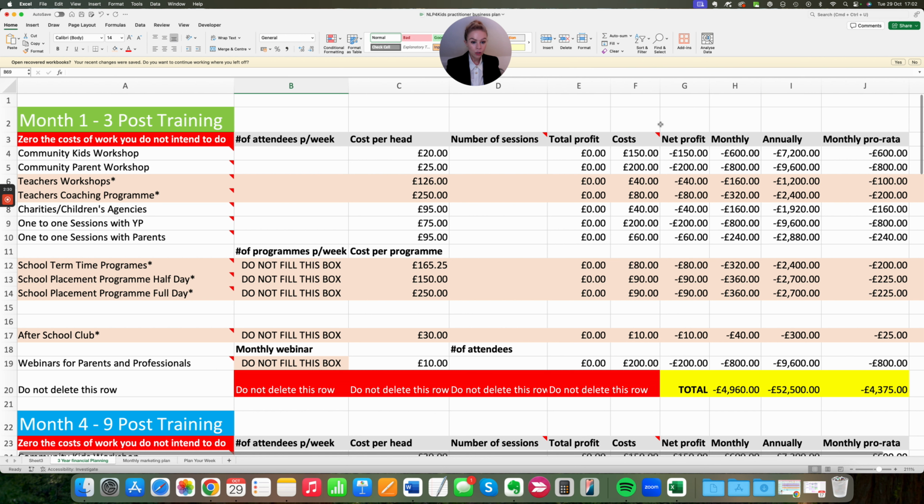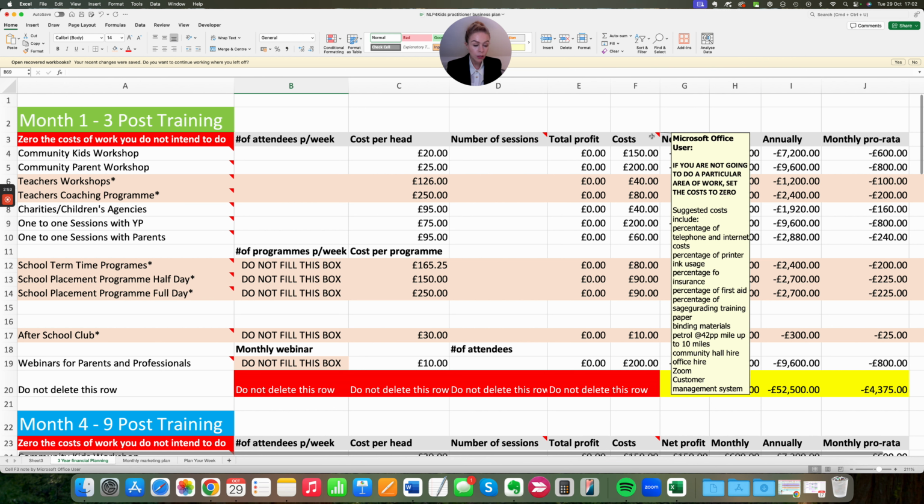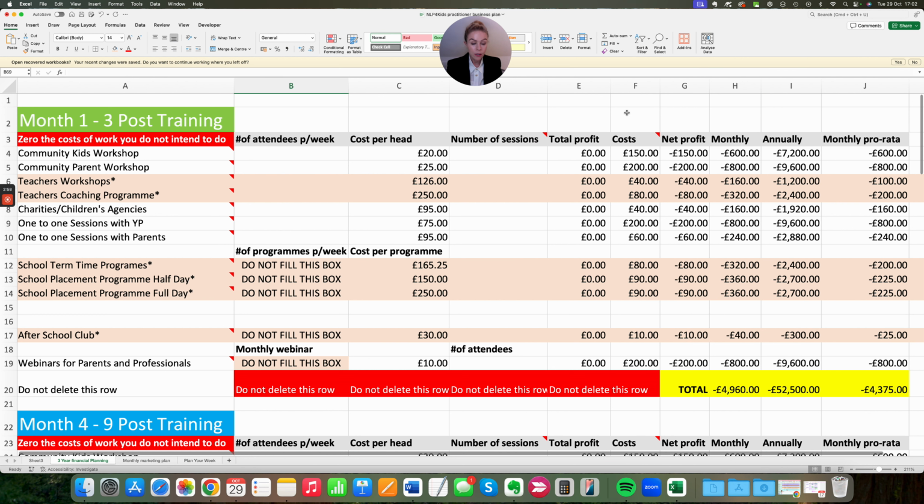Over here on the cost column, this is quite a notable one. Now, obviously, I don't know what everybody's individual costs will be, because depending on what areas of work you're doing, whether you're going to be renting a room or working on Zoom, is going to make a massive difference to what your outcome is. So I have prorated my costs in the context of my NLP4Kids business as a practitioner, and I've given you a list of what those sorts of things include over here. All right, so feel free to change these amounts if you think that they are not quite relevant for you,